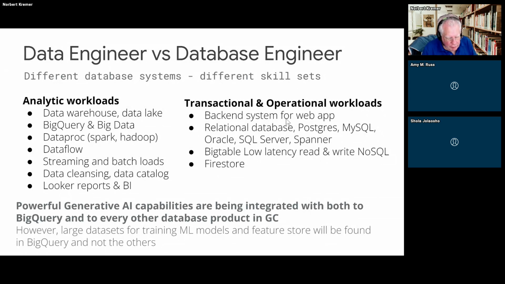Or let's say you have an e-commerce shopping site and somebody places an order. That order could be stored in a relational database. It might be stored in a NoSQL store if that's what the architects have decided is more efficient. So both of these are covered on this side. So we have a NoSQL store. Most highly scalable one is Bigtable, but Firestore is also often used to support web apps, and particularly mobile apps, and